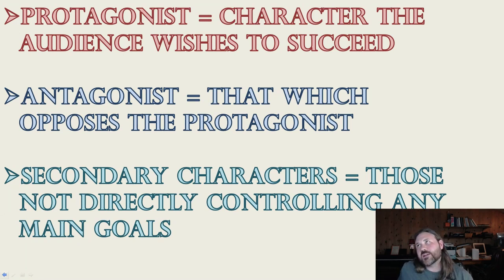And the third kind is really secondary characters. A secondary character is anything whose goals are not necessarily related to the main goals. They're not controlling the failure state of the story directly. They're either allied with the protagonist or allied with the antagonist, or neutral, or are involved in some progression of the plot, but their goals are not specifically related to the failure state of the overall goal of the story. Okay, so I call those secondary characters. Other people have other names for them. I tend not to use static characters for sort of NPC-like characters because secondary characters can have their own growth curve.